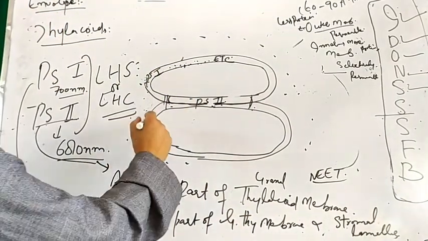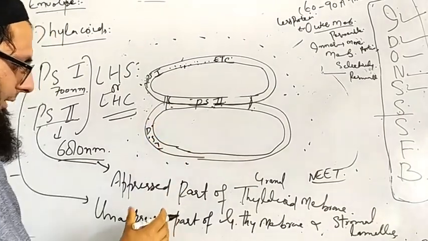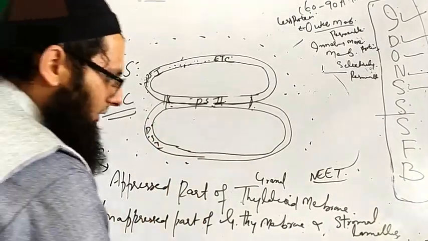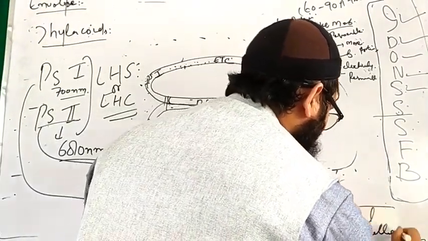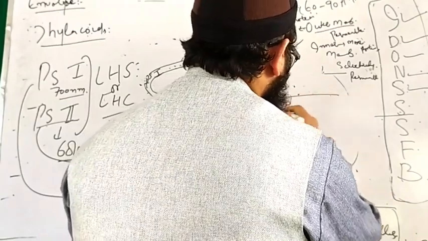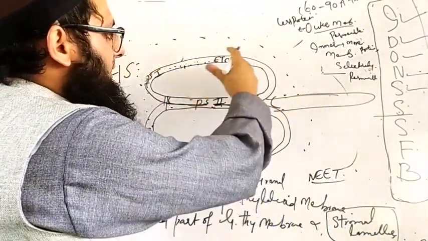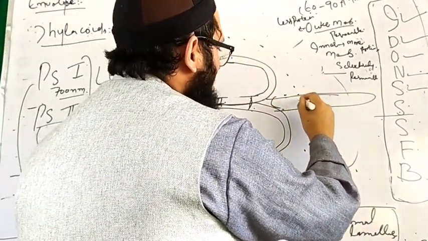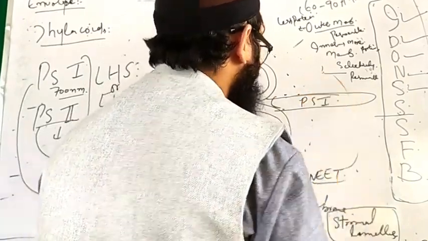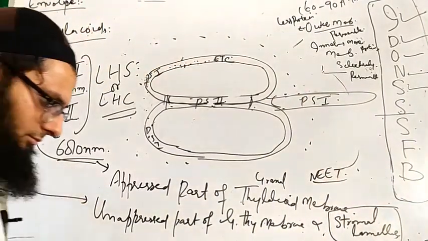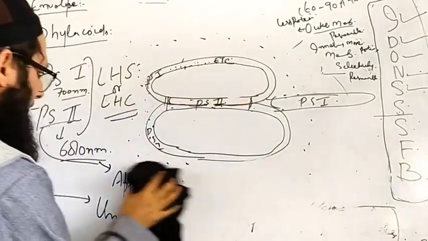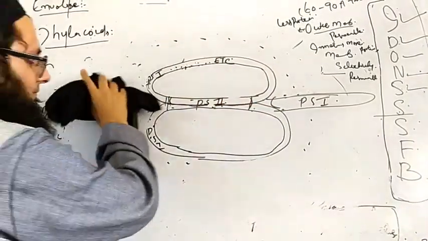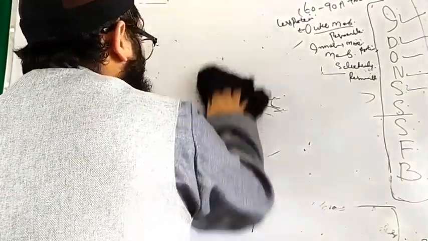Here we have photosystem 1, unappressed part of thylakoid, granum thylakoid, and it is also present in stromal lamellae or stromal thylakoid. For example, we have this stromal thylakoid which is joining these grana. Here we also have photosystem 1 present. Okay, clear? So this is about photosystem 1 and photosystem second. Now I tell you one more thing.